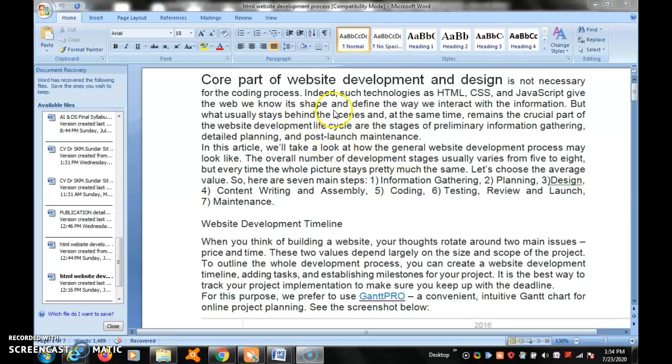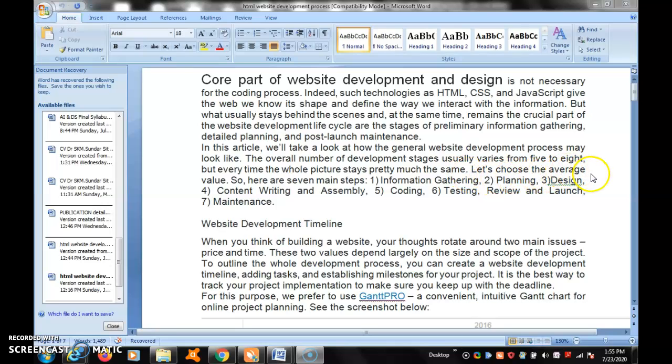So in this core part of the web development process and design, here is how the general web development process may look like. The overall number of development stages usually varies from 5 to 8. But every time the whole picture is pretty much the same.